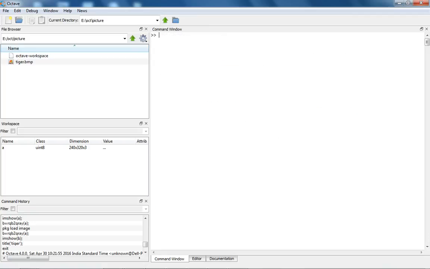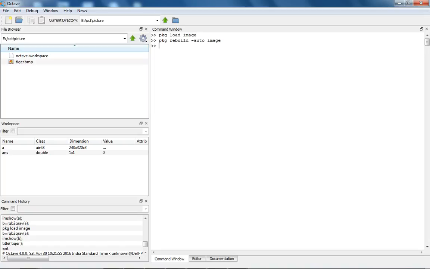Now once you load the package with pkg load image, the image package is being loaded. Now if you close the window and restart a new window, you need to again write the same command to load the image. To make this automatic, every time you open a new window and you want the image package or any other package to load automatically, you have the command pkg rebuild -auto and the name of the image package that you want to rebuild.